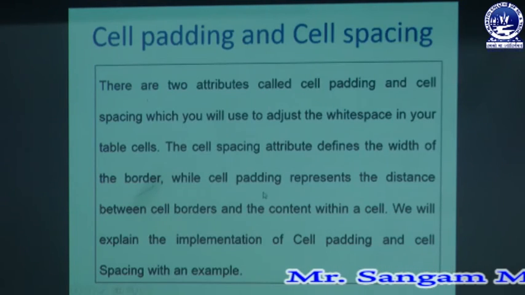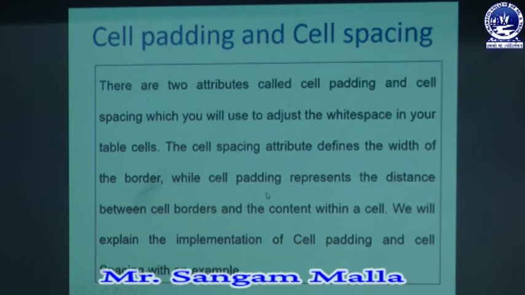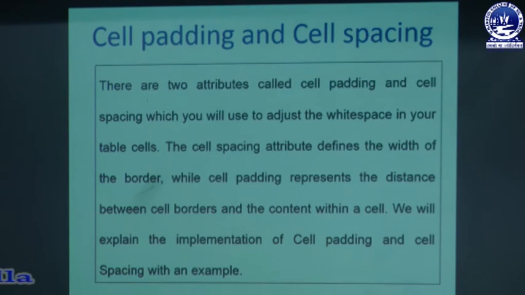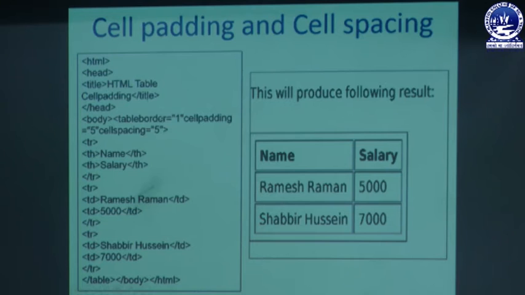So cell padding and cell spacing are the most important things of a table, because if we want to enlarge or give the values in a different way, then we can use the cell padding and cell spacing attributes. So moving on to the source code and reflection part, you can see over here the program starts with the HTML tag followed by the head tag, and the title of the page is given under the title tag.